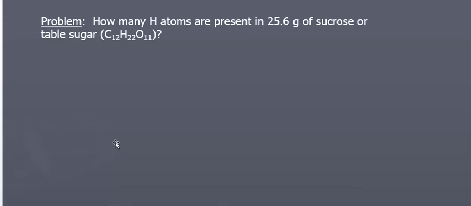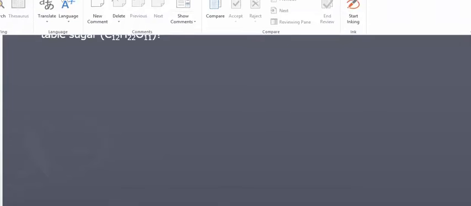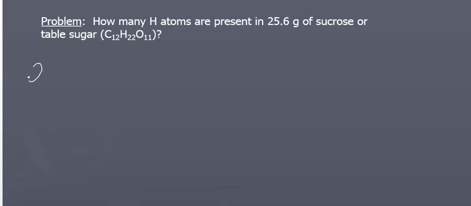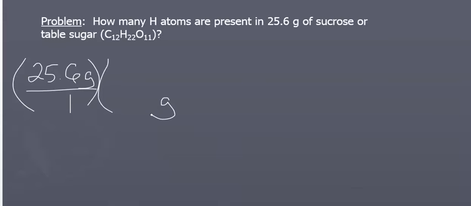Okay, that's how many H atoms are present in 25.6 grams of sucrose. Let's kind of go through this problem here. We're going to start off with 25.6 grams. We're going to go back to my intermediate unit, which is the mole. In 1 mole of sucrose, to get the number of grams, I would go back to the periodic table and get the molar mass of sucrose. And when you add 12 carbons and 22 hydrogens and 11 oxygens, you get a mass of 342 grams per